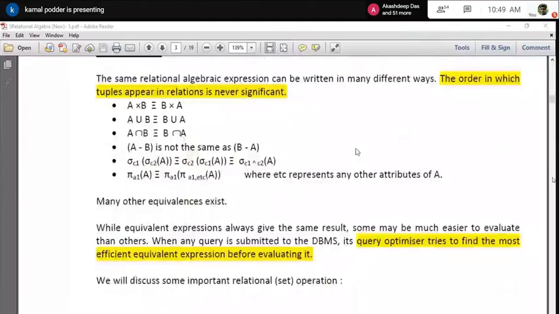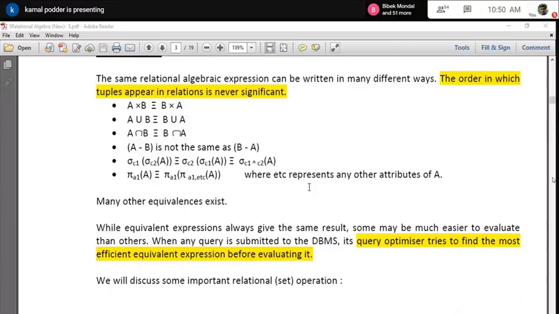Okay. Now, in any expression there is equivalence. In algebra also, if you write an expression in a different way, by reversing it or something like that, you will see that both give the same result. Those types of things are basically equivalences. In relational algebra there are also a lot of equivalences. In the query optimization phase, first they convert your SQL to different relational expressions, where all are equivalent expressions.